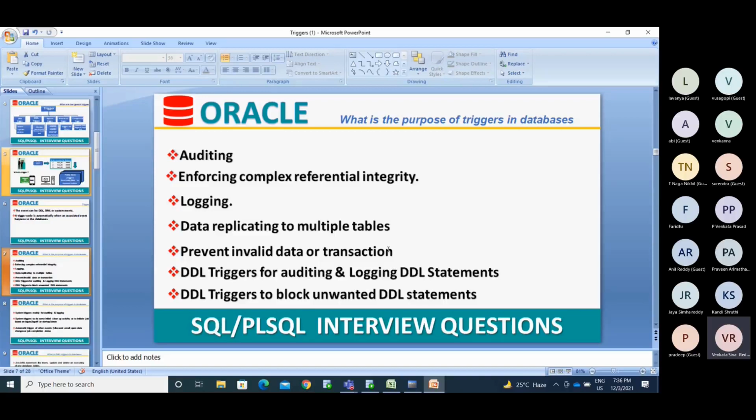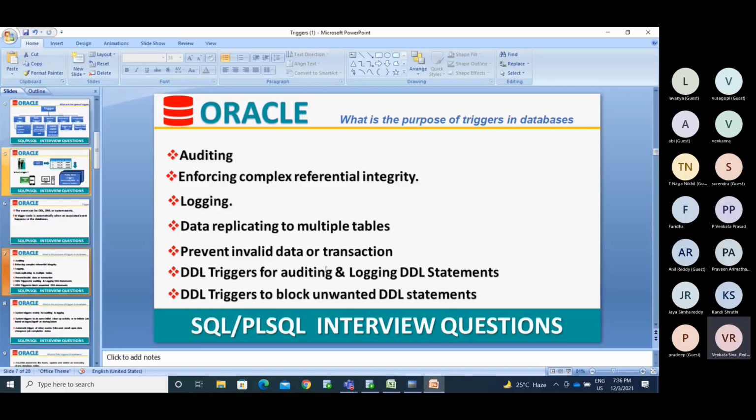Suppose you don't have a unique constraint. First, whatever data you are inserting into the employee table, before insert into EMP, take that employee ID you are going to insert and check: select count(*) from employee where employee number equals that employee number.